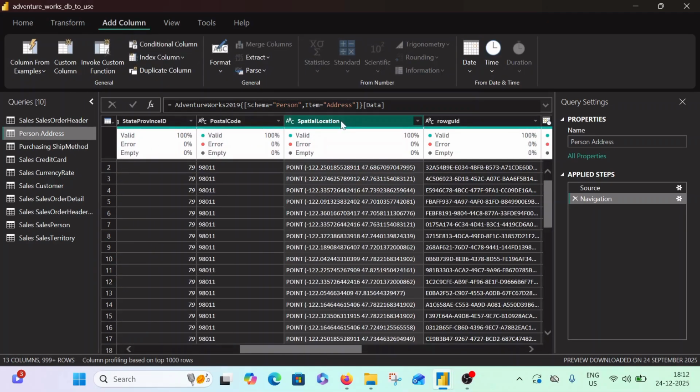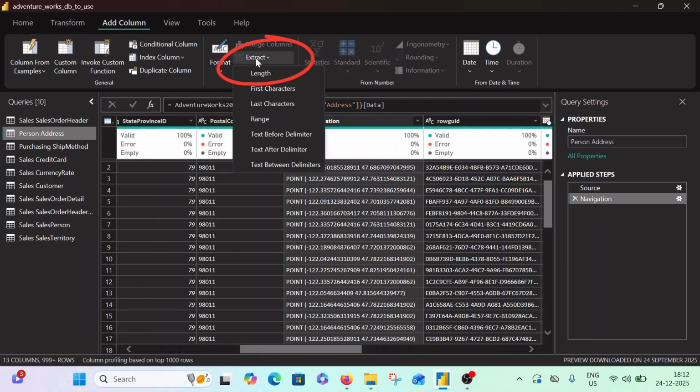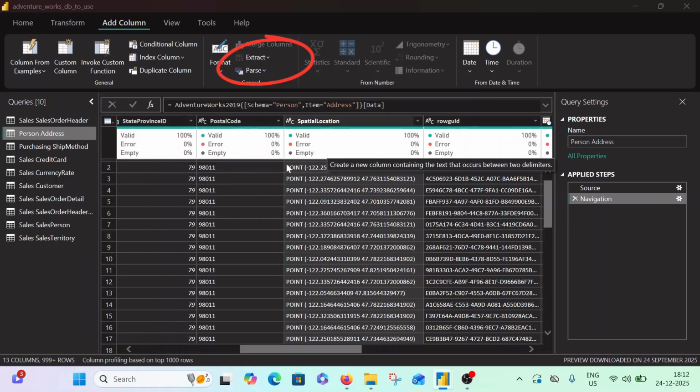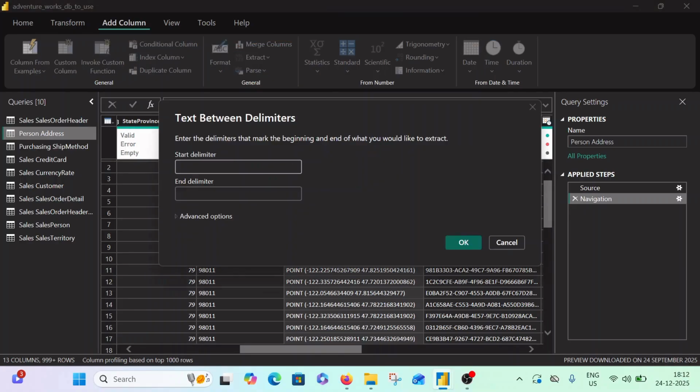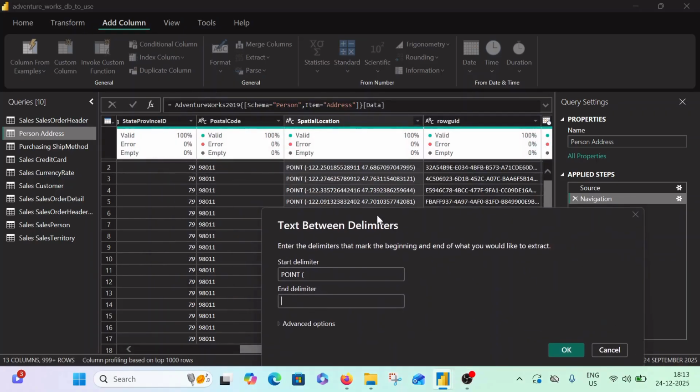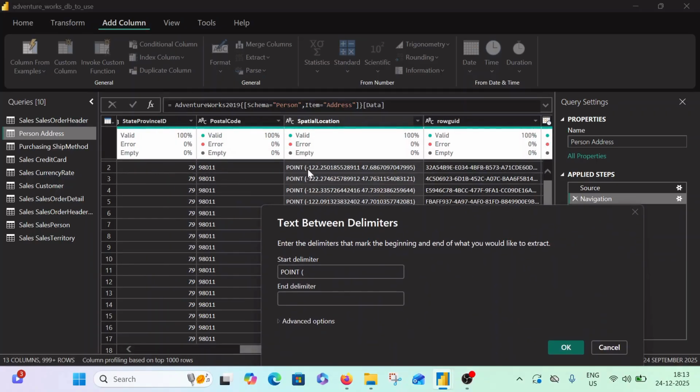First of all, you click on your spatial location and there is something called Extract, where you get Text Between Delimiters. The delimiter over here is the open brackets. You can write the entire thing, no problem, or the open brackets, and then there is a space. Now the first one is the longitude, if I am not mistaken.